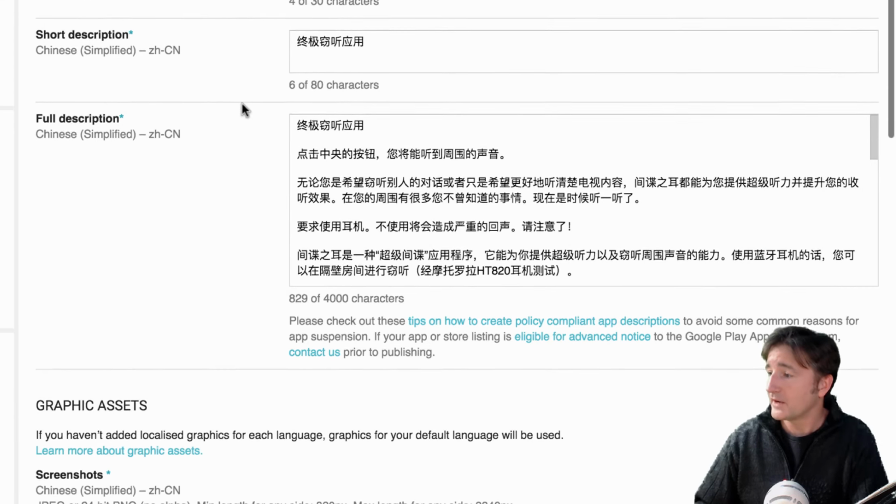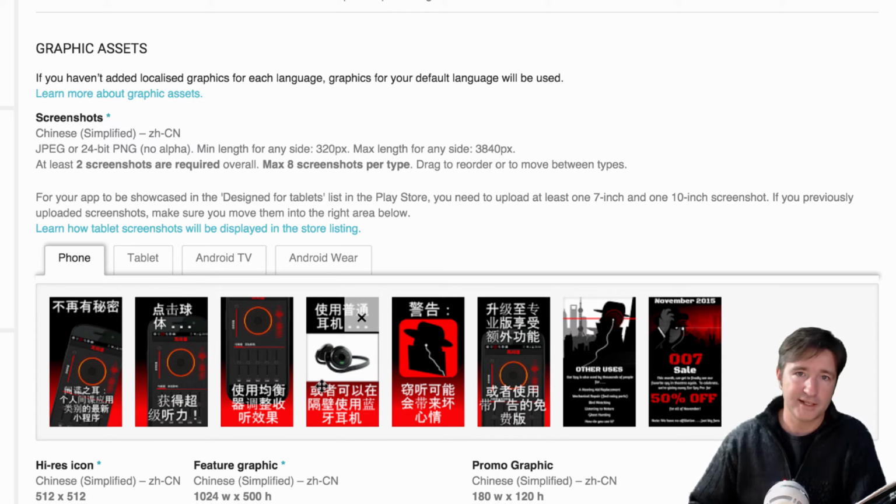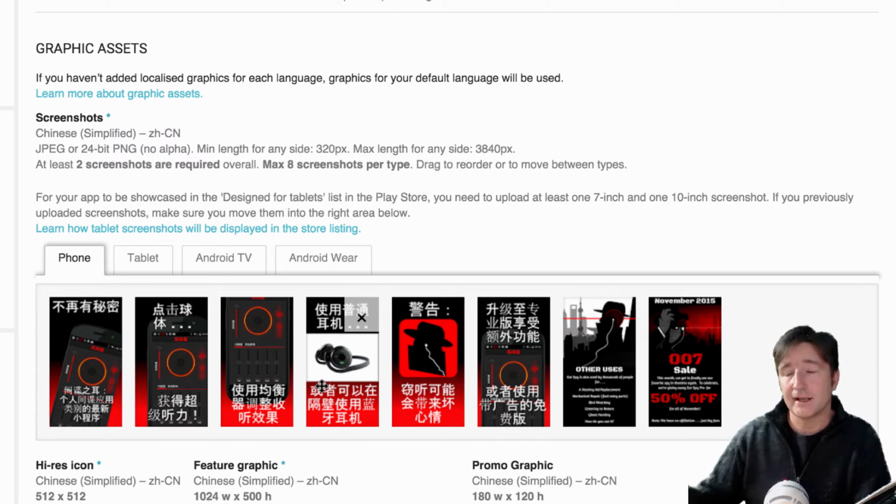And down here you have the screenshots. Now, when you change the language here, you also change the screenshot. On some apps, we'll do the description in lots of different languages, and that really helps for keywords, right? When we first translated EarSpy into Portuguese, we saw an immediate bump. Even before we released the APK, we could see the rankings just go up and up, because people were searching on spy tools and stuff in Portuguese and all the other languages that we were doing.